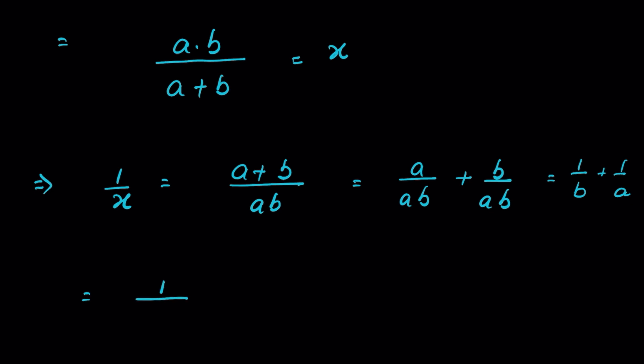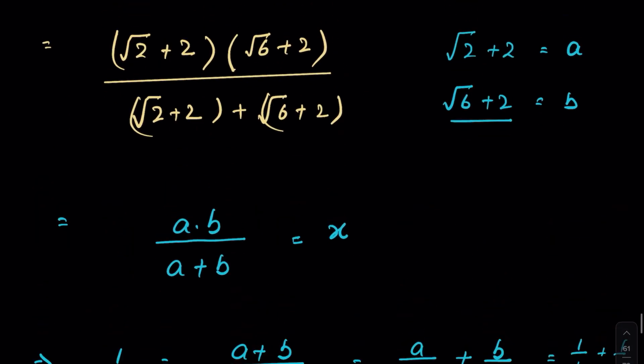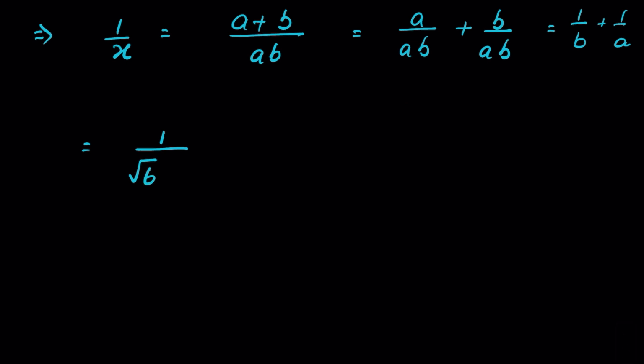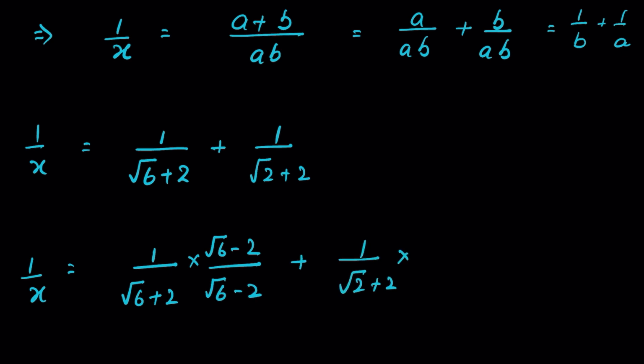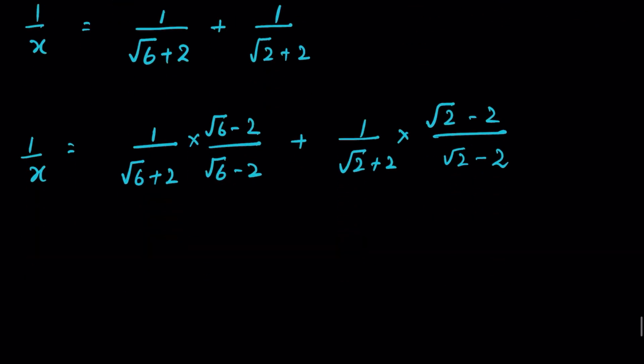So 1 upon b is equal to square root of 6 plus square root of 2. Then plus 1 upon a is square root of 2 plus 2. Or 1 upon x equals to, let's rationalize the denominator. So we multiply and divide by the conjugate of square root of 6 plus 2 here. So it is square root of 6 minus 2 upon square root of 6 minus 2, plus 1 upon square root of 2 plus 2 times square root of 2 minus 2 upon square root of 2 minus 2,